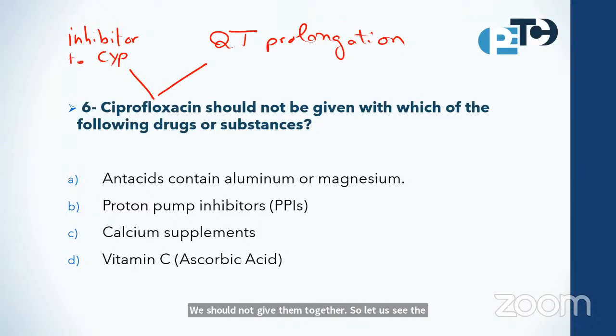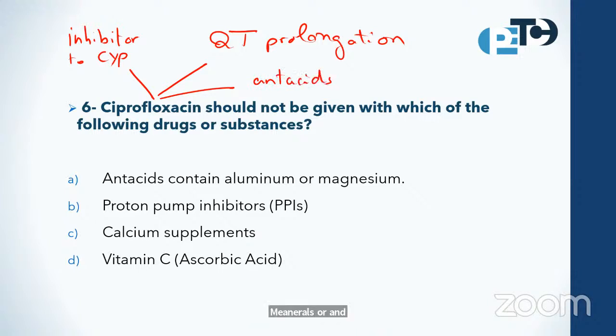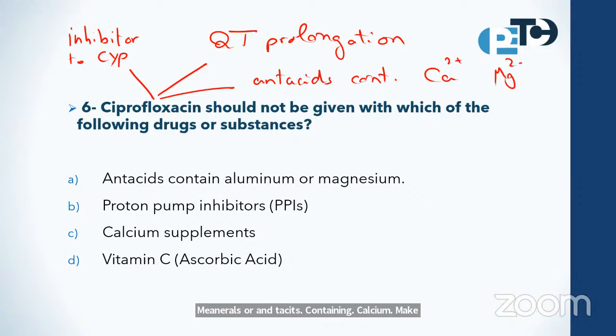Another thing, the third thing: minerals or antacids containing calcium, magnesium, aluminium. What happened here? There is a chelation for the molecule, which prevents its absorption. Those are the main three important pieces of information that you should know about the quinolones,